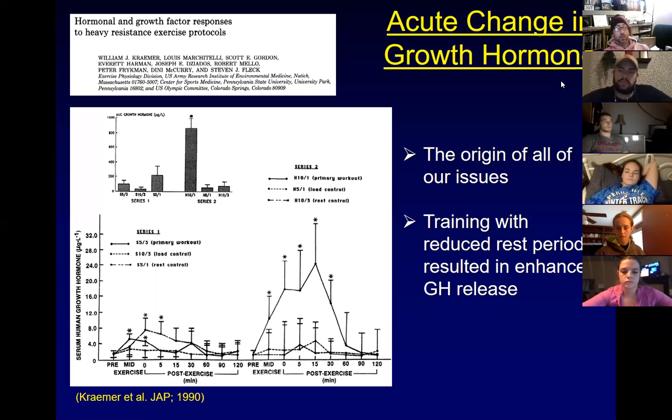Now, this is a paper by Bill Kramer. I think Bill's the chair at Ohio State now. He moves around so much it's hard to know. He's been the chair at Ball State, the chair at Penn State, he's been in Connecticut. He's been in a lot of places. He's a really, really good scientist. But this particular paper